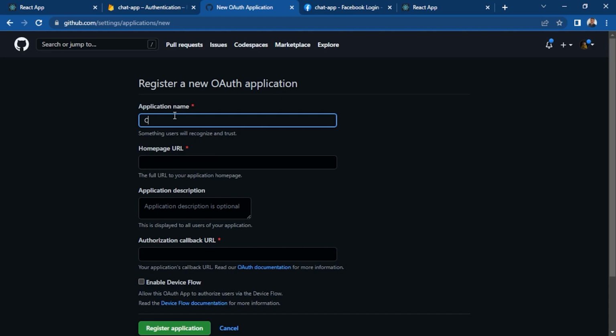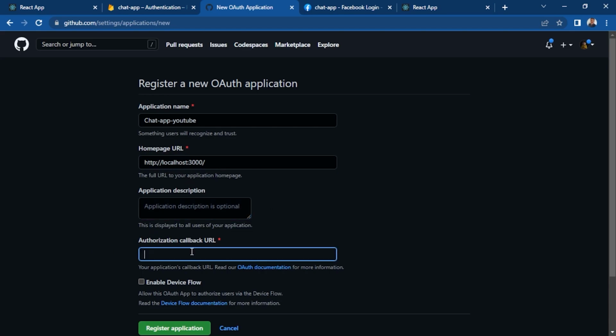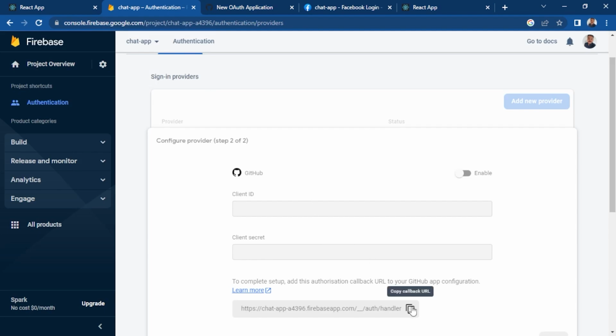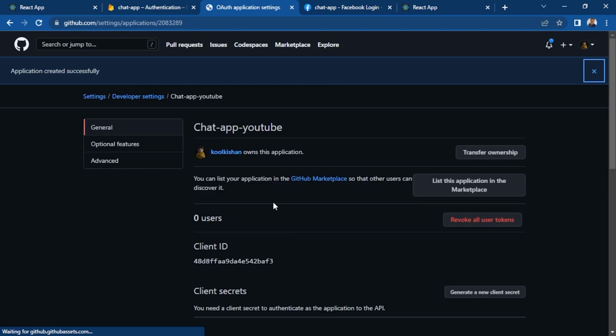So here I will have chat app YouTube. The homepage URL would be this. Remove the login route, and if you are hosting this website you have to change this accordingly. Description is optional, and inside the authorization callback URL we are going to copy this, paste it here, register application,